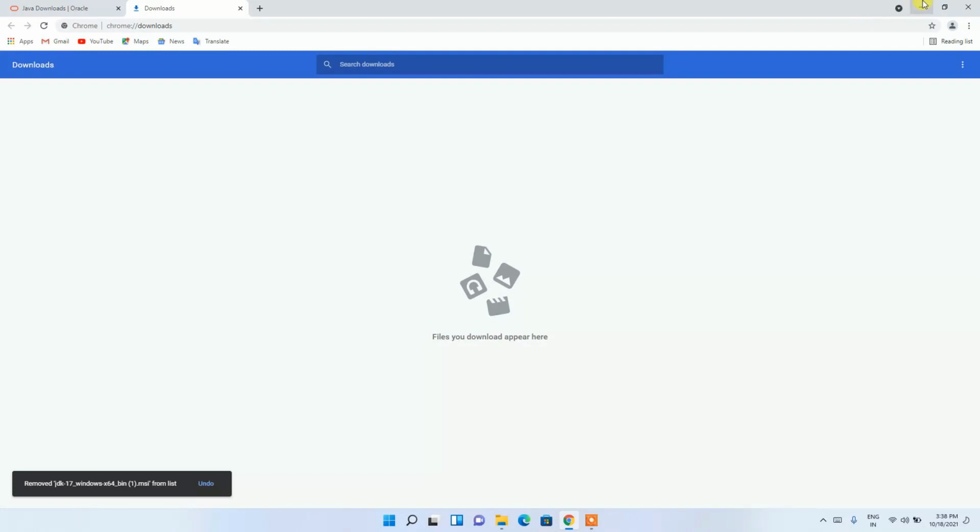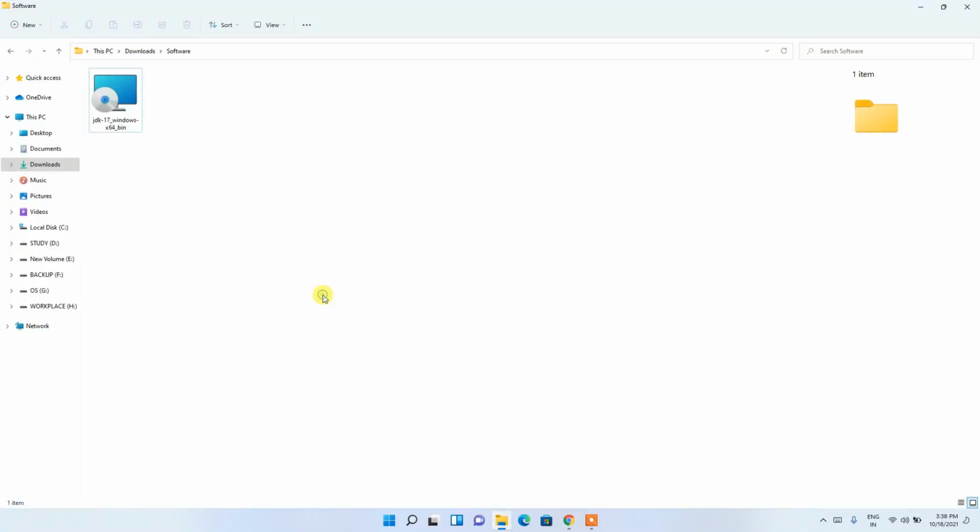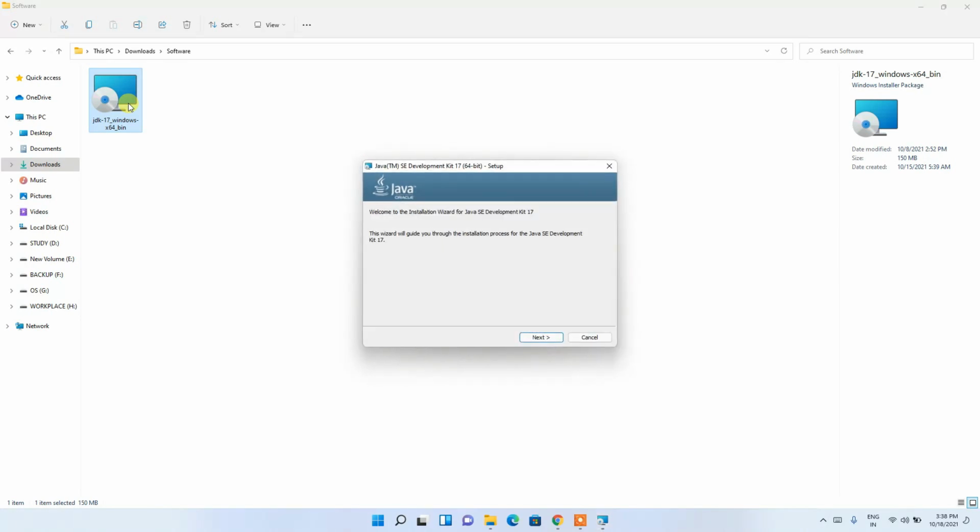And if I just simply minimize my browser, and go to my download directory, you can clearly see that Java 17 has been rightly downloaded over here. Now to install, you need to just simply double click on it, and you can clearly see that our Java installation wizard has been rightly opened over here. So let us first minimize our download directory,